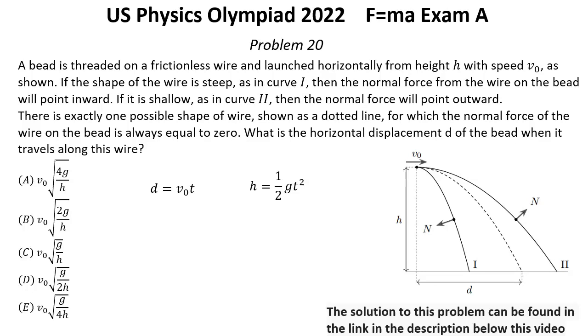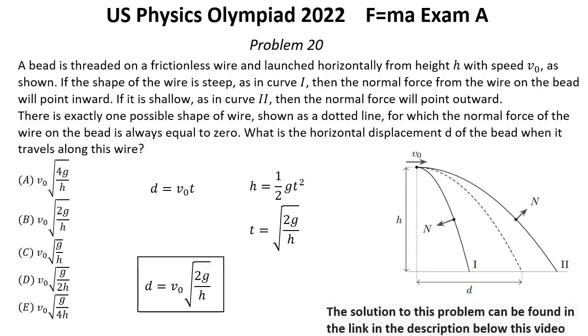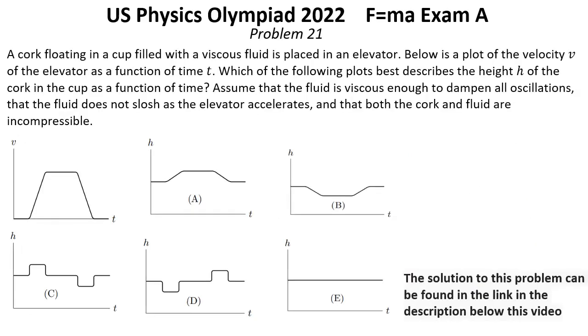From here we can find that time t equals the square root of 2h over g, and finally distance d equals v0 multiplied by the square root of 2h over g, which is answer B, and that was the solution for problem number 20. Problem number 21. A cork floating in a cup filled with